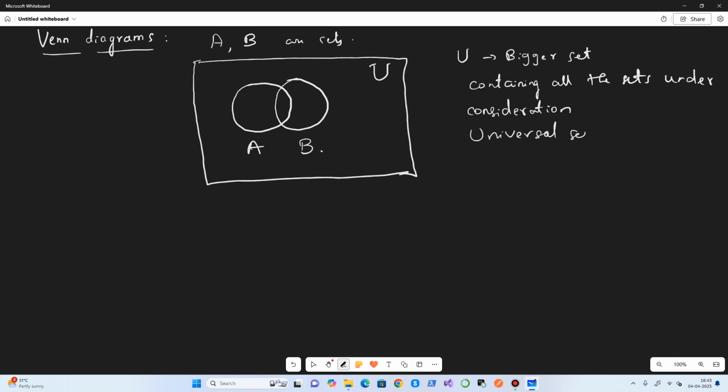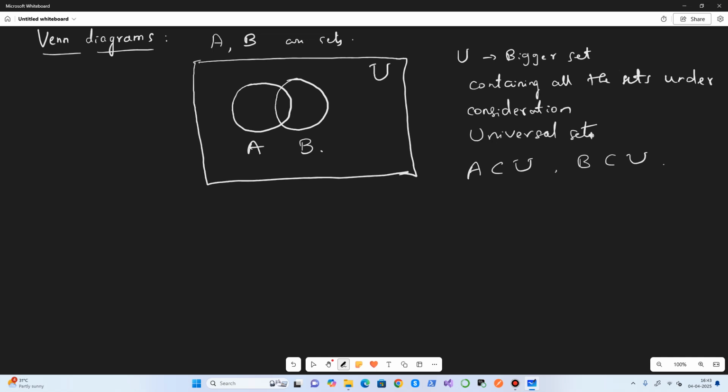We can easily see that A is a subset of the universal set and B is a subset of the universal set, because U is a bigger set which contains these two sets, so individually these are subsets of the universal set.